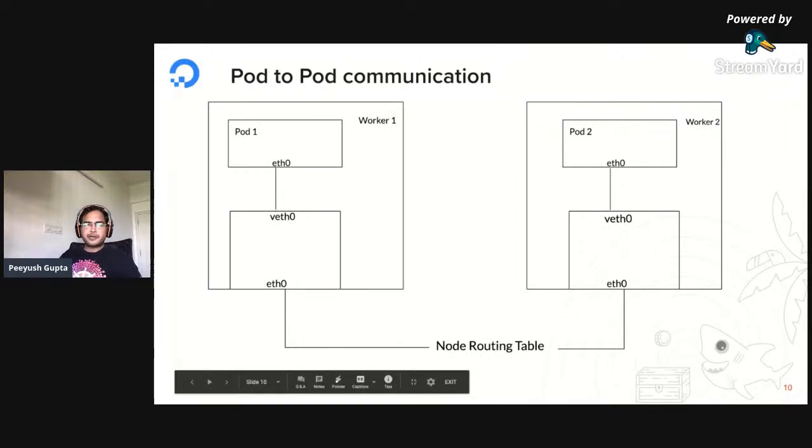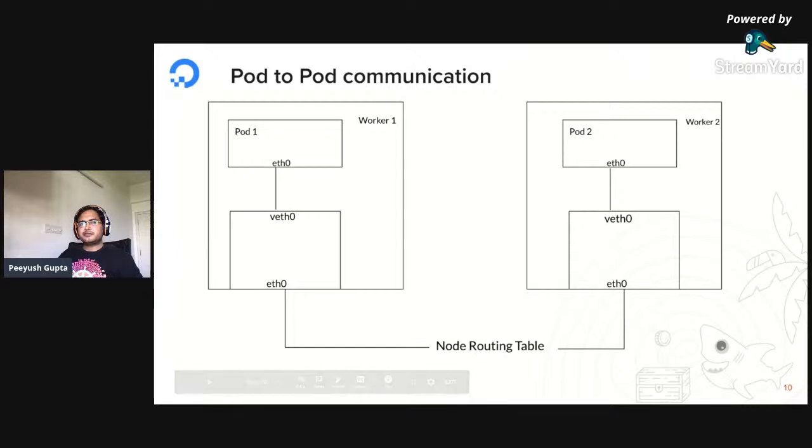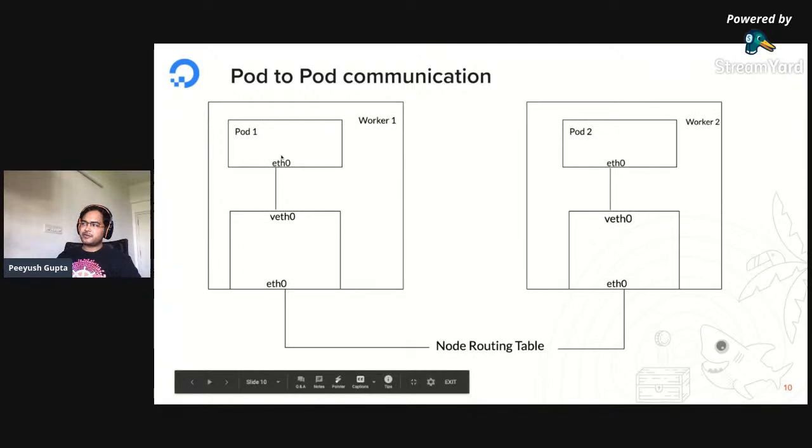That's called a node routing table. This is something that's going to decide how your packet is going to move from one worker to the other worker, and Kubernetes, being as smart as it is, has outsourced that job, right? So Kubernetes has something called a CNI. Those are Container Network Interfaces, right? And you can create your plugins, and those plugins can manage how exactly a pod, or a network packet from this pod, reaches this pod using this routing table, right?